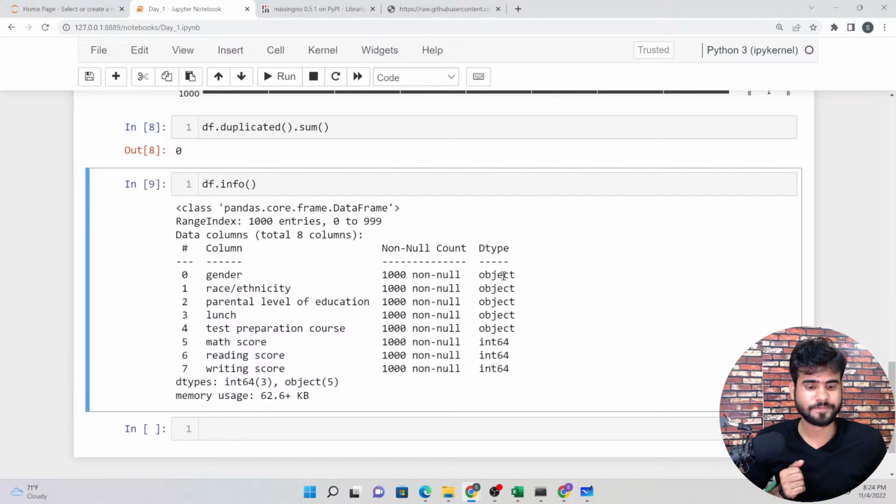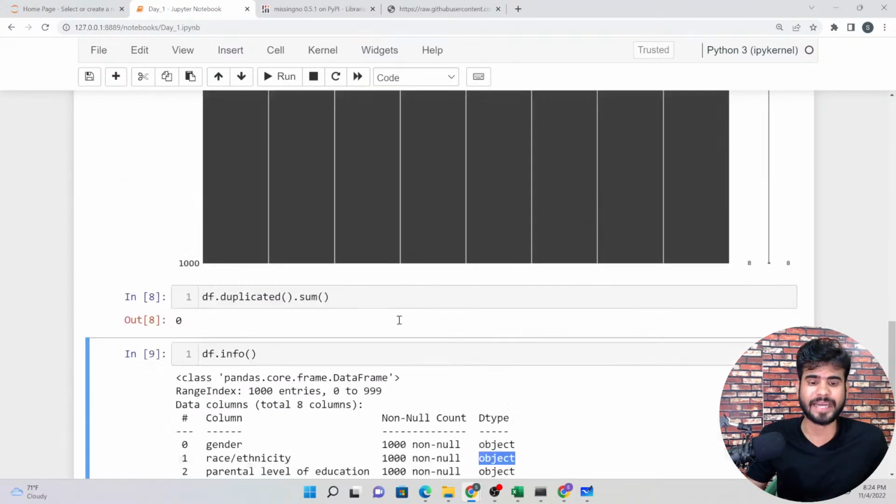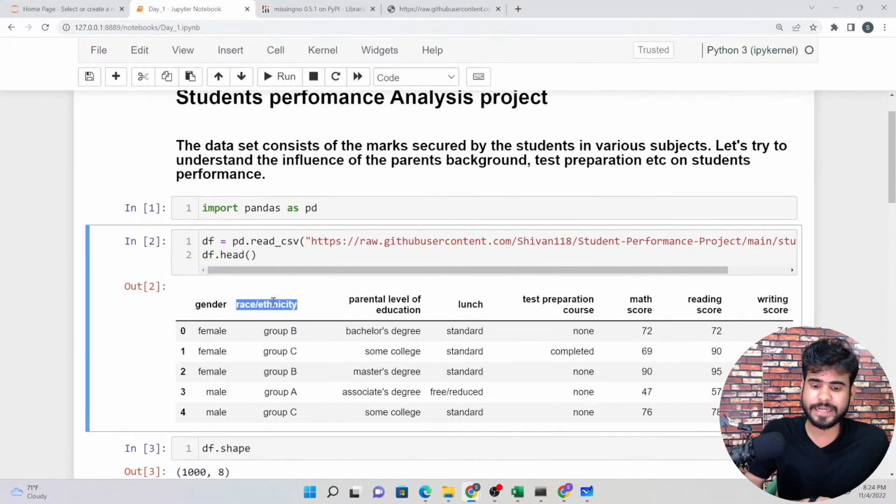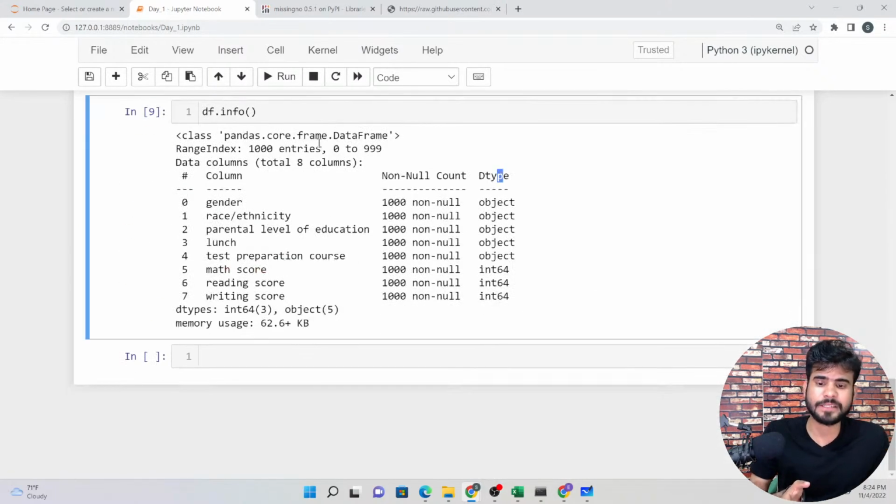Gender is string data, and race is string data as well. Sometimes we get data in the form of strings, but sometimes when printing df.info we get dtype as an integer or floating point number. This happens when we have date time data in our data set. In this case, you can change that data into the correct date time format, and then proceed.